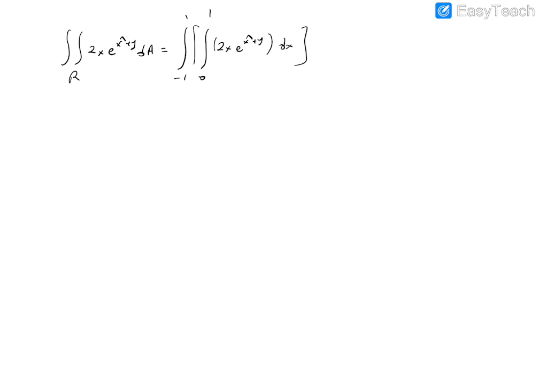By the inverse order, you can also calculate. I mean, if you want, you can calculate this double integral in the following order: dA, y from -1 to 1, x from 0 to 1, 2x e to the power x squared plus y, dx dy. In this order also you can calculate. You will find the same answer. This solution can be found in your textbook. Okay. So in this way we complete the double integral for a rectangular region.